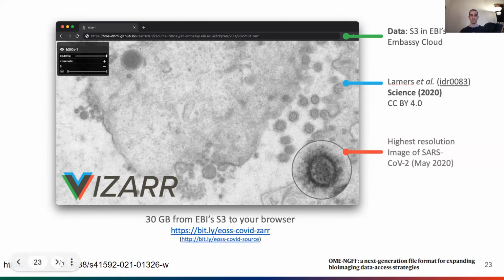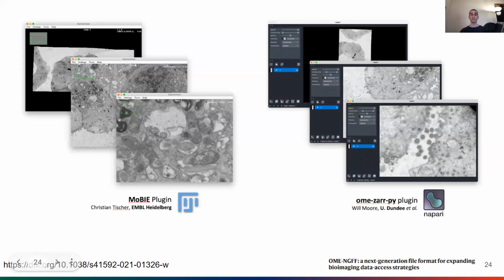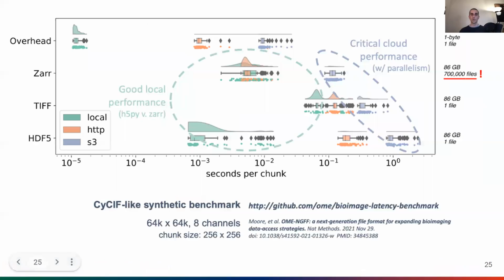So the next slide. We've done the same thing for Fiji and for Napari, and obviously more people from the community are welcome to get involved. We'd like to see as much support as possible for these open formats. Next slide. So the real core of the paper that's in the issue is really about the performance. So what's the motivation for doing this?